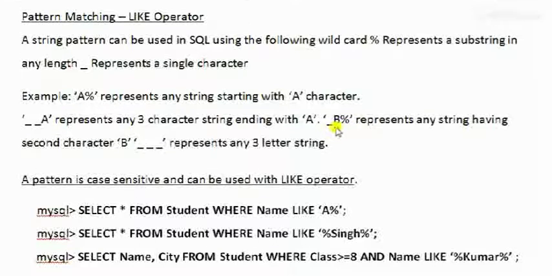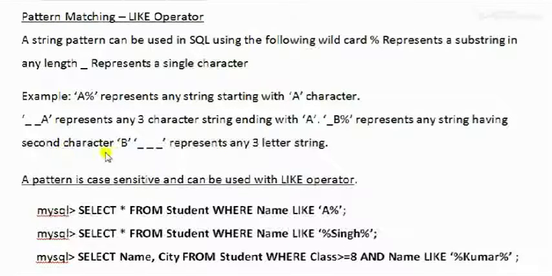So underscore b mod sign, the first character is unknown followed by b, and so any string whose second character is b will be represented by this wildcard.